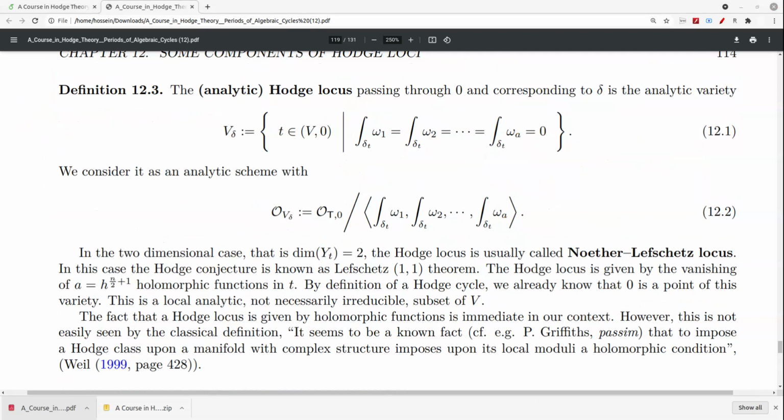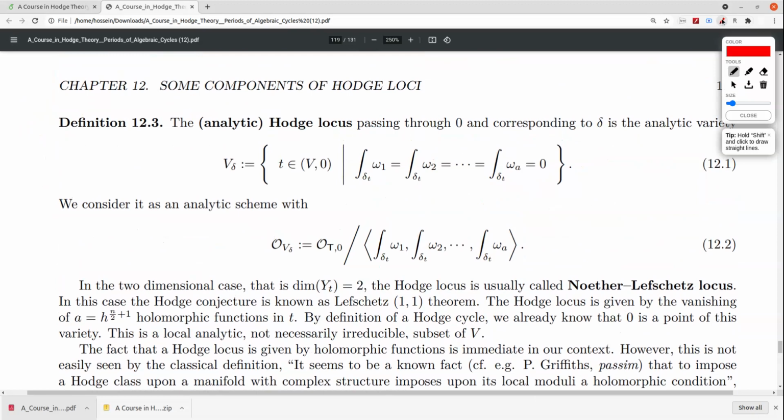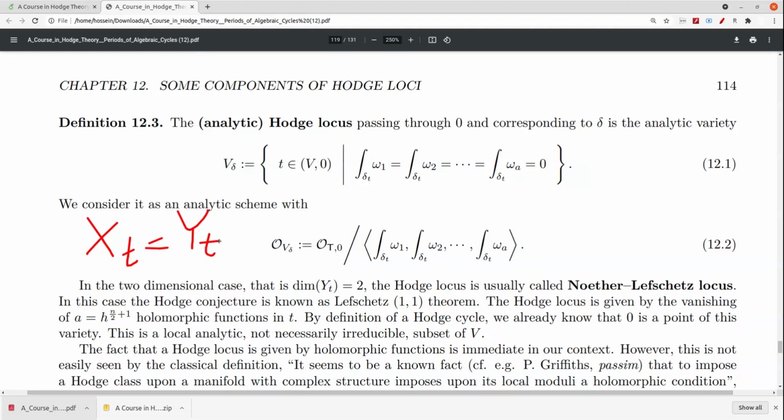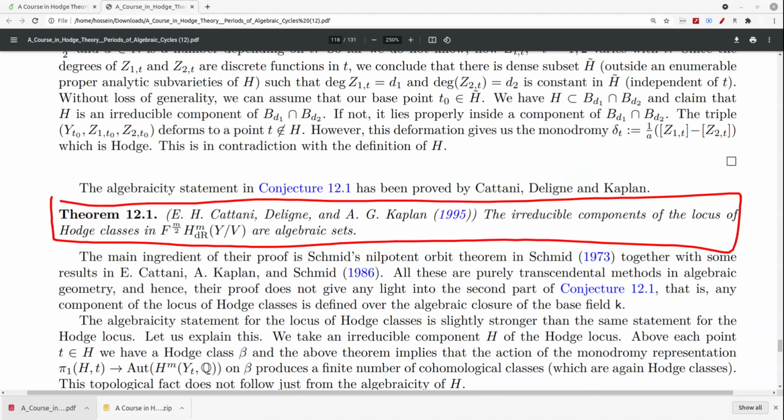By the way, I am using two notations for fiber. X_t is the same as Y_t. Anyway, so in dimension 2, the Hodge locus is the Noether-Lefschetz locus. But for the moment we are not interested in the global structure of the Hodge locus. For the global structure of the Hodge locus, we have this theorem by Cattani, Deligne, and Kaplan. It says that the irreducible components of the locus of our, let's say, in the language that I said, of the Hodge